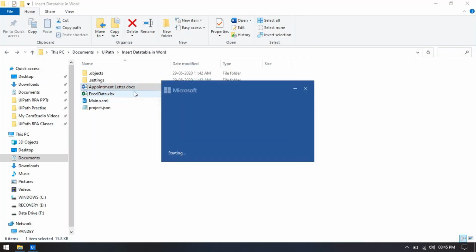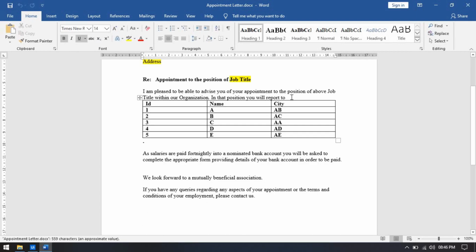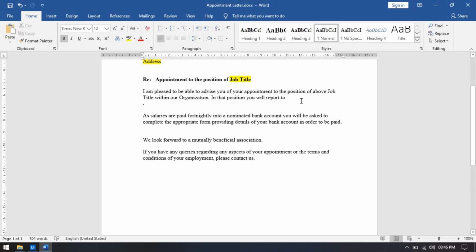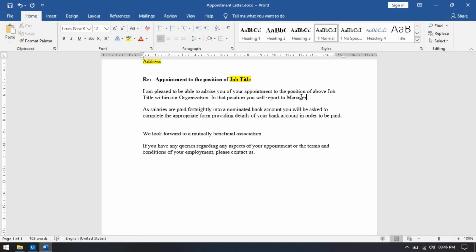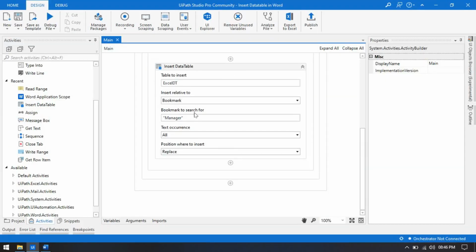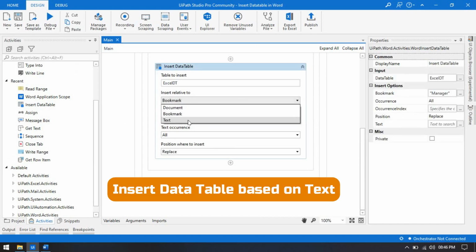So here you can see that we had a manager bookmark, and now that has been replaced with the data table. We are not getting that. Now the other option that we have, let me put that again, is manager. I'm going back to UiPath Studio, and now coming to Insert Relative, we have another option, that is